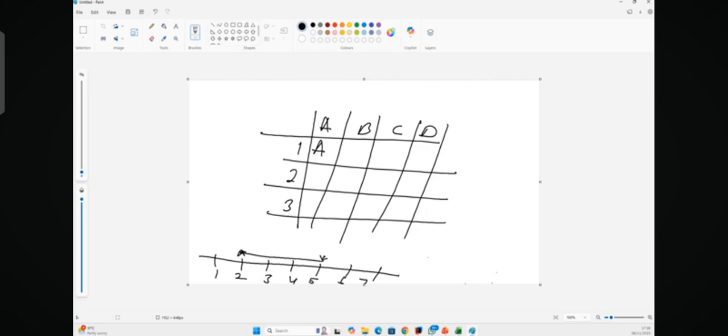Now in Excel, when we say a range, what it simply means is that we start from one cell,